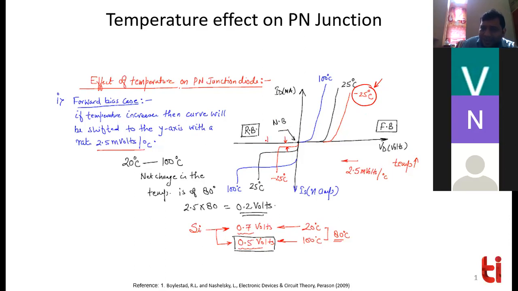If you increase the temperature, definitely the IS is going to increase. Similarly, the ID is also going to increase at the same voltage. If you increase the temperature, you are increasing the number of charge carriers in the conduction band also, because charge carriers are jumping from the valence band to the conduction band. So there is an increase in the majority charge carriers in the conduction band, and the ID will also increase in forward bias. Now, how much it increases, that we will see.